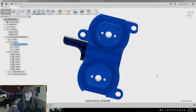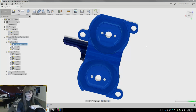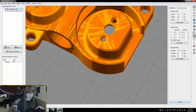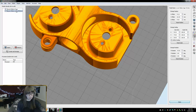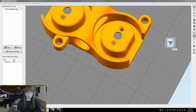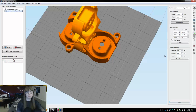Save as STL. And then we're gonna go 42.5. Now let's go back to here. We'll delete the 43 millimeter. And then drop in the 42.5. It's gonna make me...